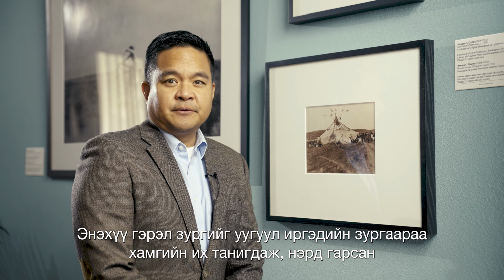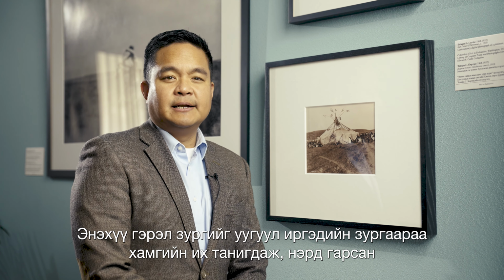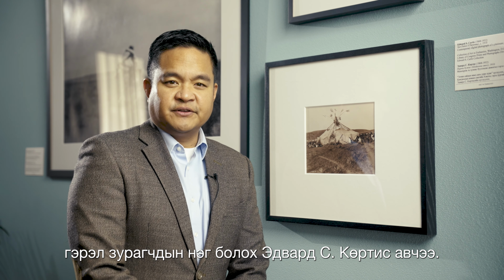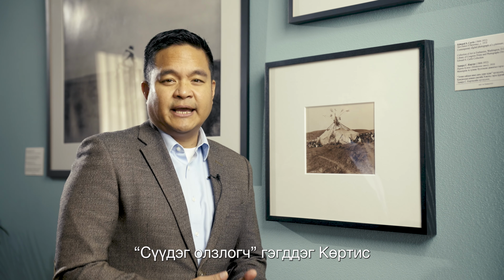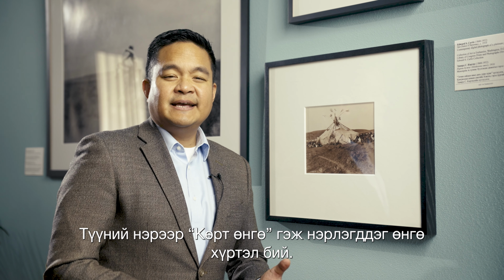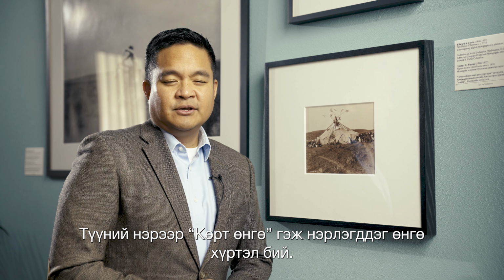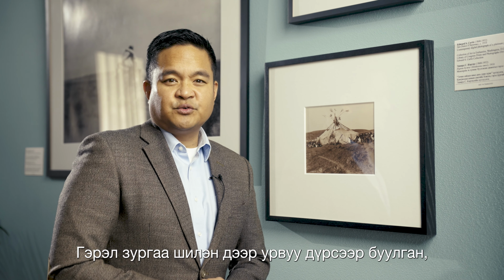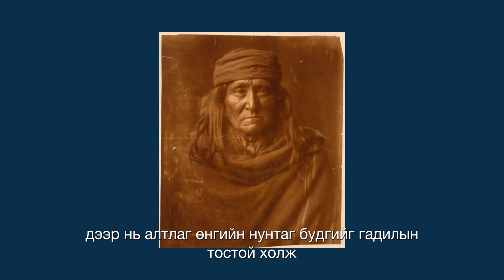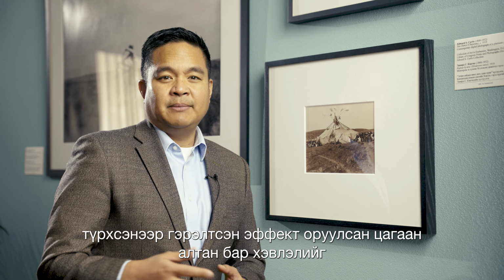This photograph here was taken by one of the most well-recognized and celebrated photographers of Native peoples, Edward S. Curtis, also known as Shadowcatcher. He had built his own camera at the age of 12. He even has a tone named after him called Curt tones, which described the gold-toned platinum prints, bringing a luminous effect to his pictures by printing a reverse image on glass and backing it with a mixture of powdered gold pigment